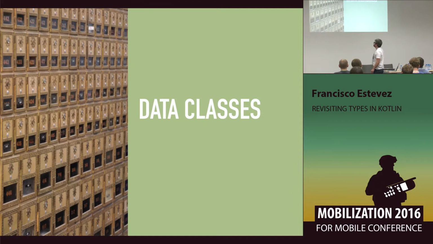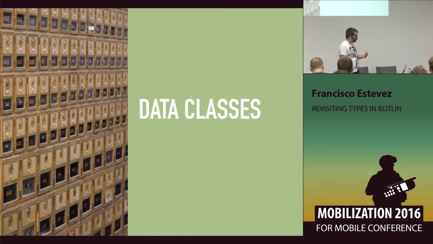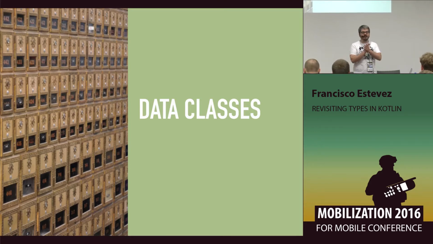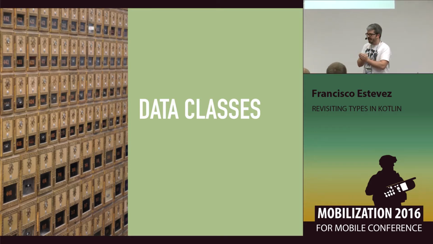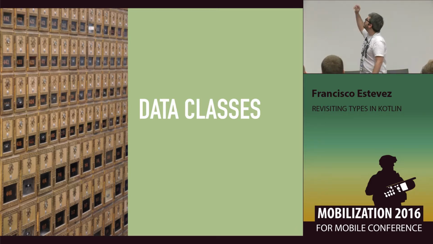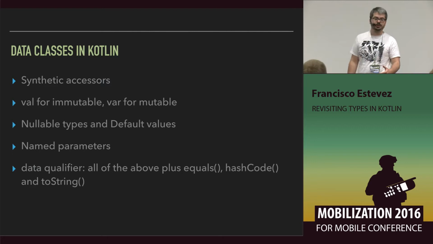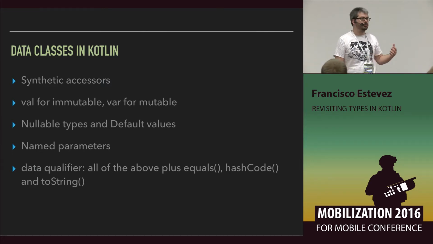So the next bit, we're getting introduced right now into classes. So what we want to do with classes is that Kotlin provides several different types, and each one of them has their own special properties. So the first one that I want to talk about are data classes. And these data classes are a way of defining your POJOs, your DTOs, any kind of object that is simple and that is supposed to be fulfilling the